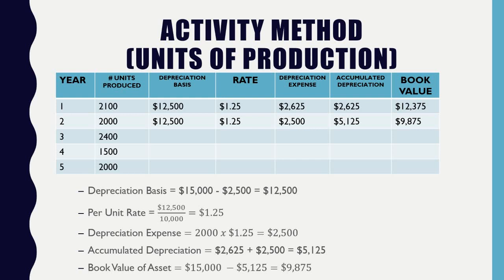So in this case, that one, I was able to produce 2,000. So 2,000 times $1.25 gave me 2,500. Okay? And then for my accumulated depreciation, I take my previous years of 2,625 and I'm going to add 2,500 to that to get me a total of 5,125. And I take that 5,125 and I subtract that out from my asset cost to get my total book value. So now after year 2 of using it, my asset is now worth